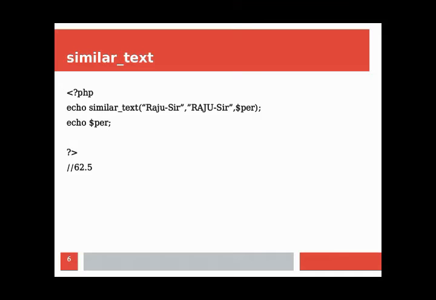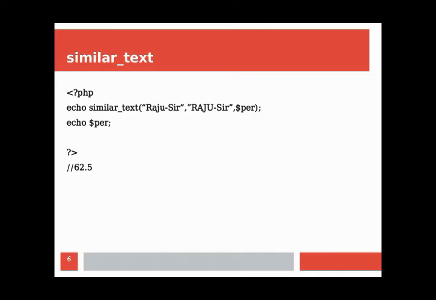Here the first statement of this program is echo similar_text, that is our function, and in bracket within double quote "Raju sir", again comma "Raju sir". Here the letters are used differently, that means small and capital. Then comma and $per, bracket complete, semicolon. And we'll display that $per, that means our argument, echo $per;, end of the PHP tag.